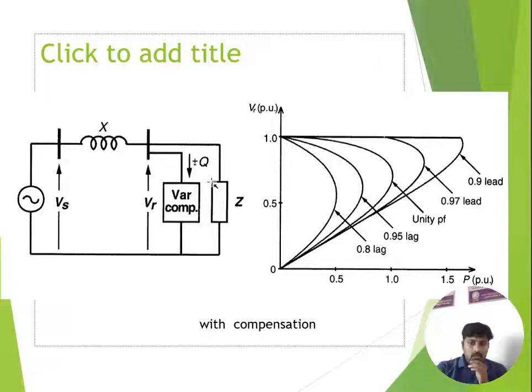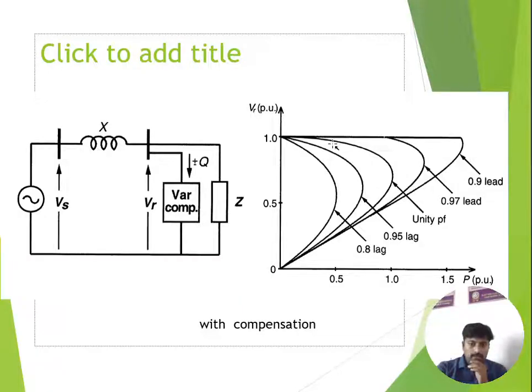So these are two different situations. If unity power factor is considered, that means three situations. Sometimes reactive power absorption is required, sometimes reactive power injection is required. Based on the requirement, if it is a lagging power factor, capacitive reactive power is injected into the system to balance the